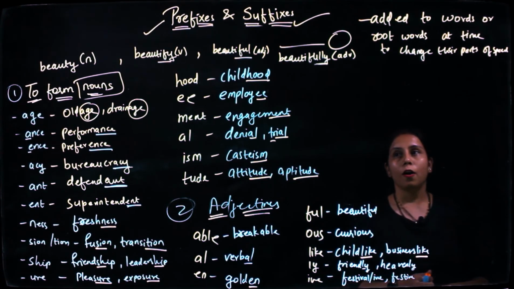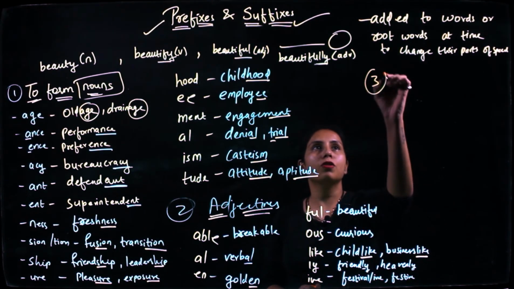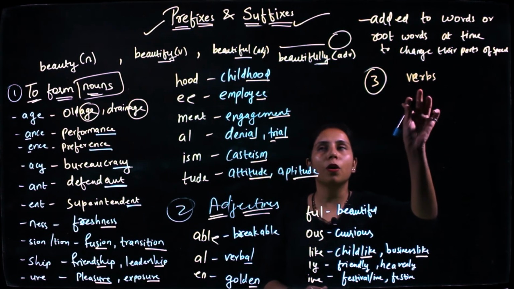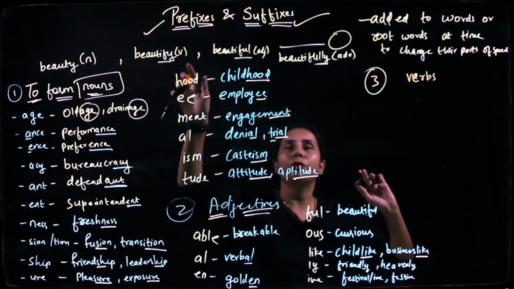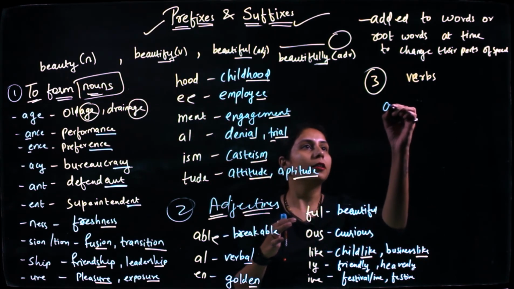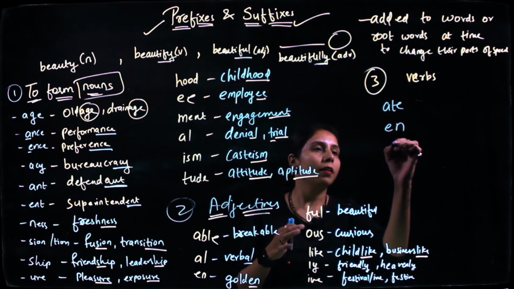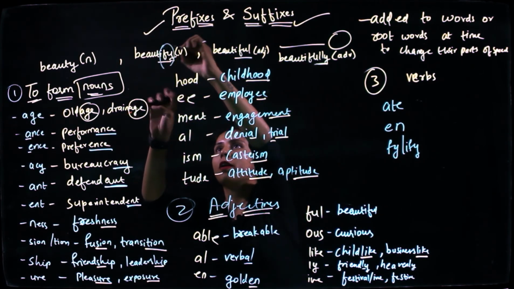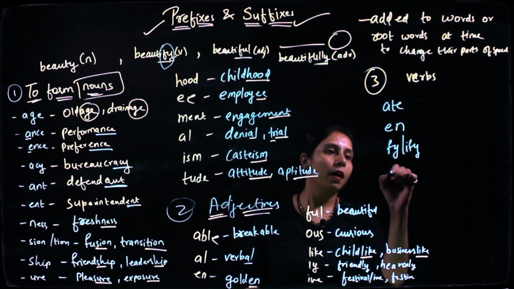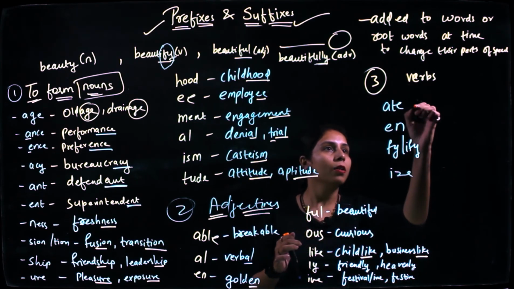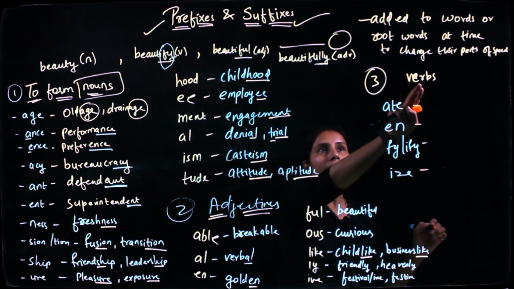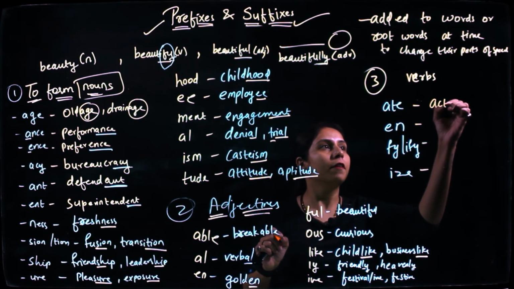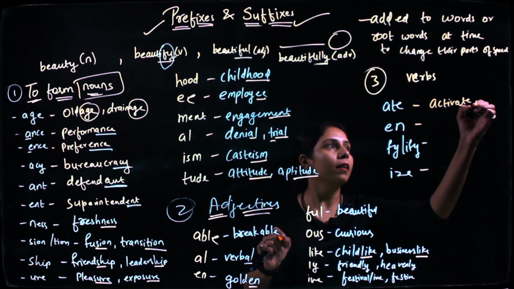Okay. All right. Now the third criteria is to turn it into verbs. When we want to form a particular word as a verb, we need to add particular suffixes to it: -ate, -en, -fy or -ify. We have already added -fy or -ify over here. Okay. -ize. These are the four suffixes where you can turn a particular word into a verb by just adding a particular suffix, like active, activate. Okay. Negate,